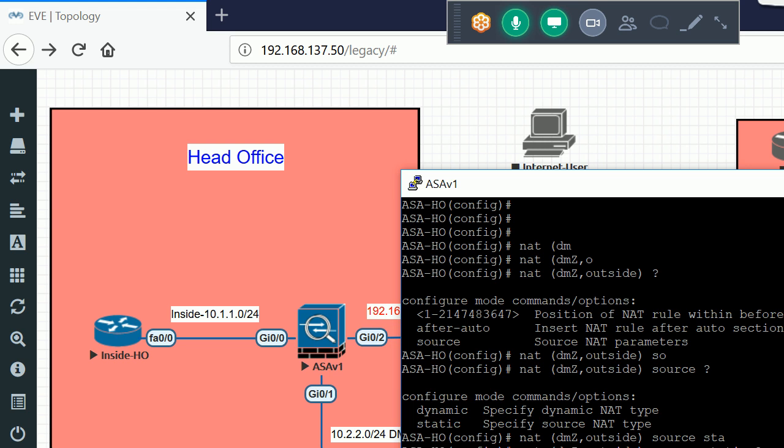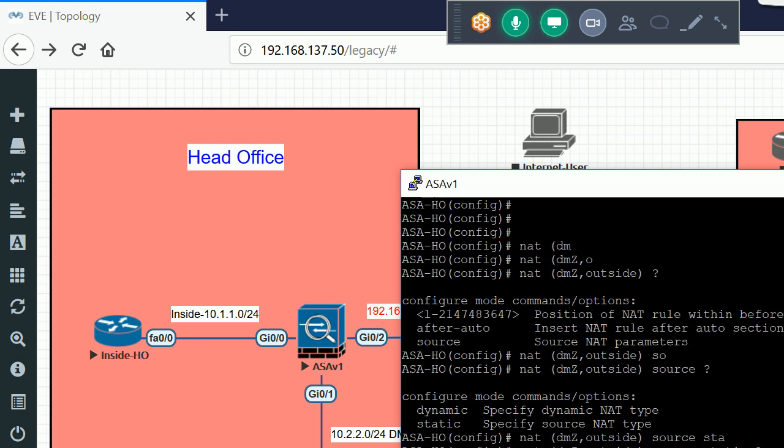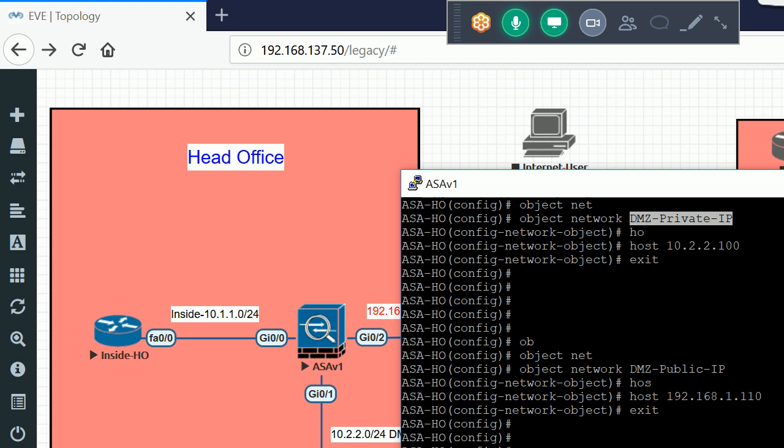So here I define the name of my DMZ server private IP address. Okay. Now I'll define the mapped IP address, which is the public IP of the DMZ server.